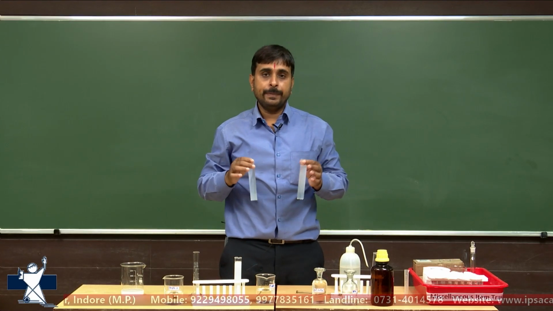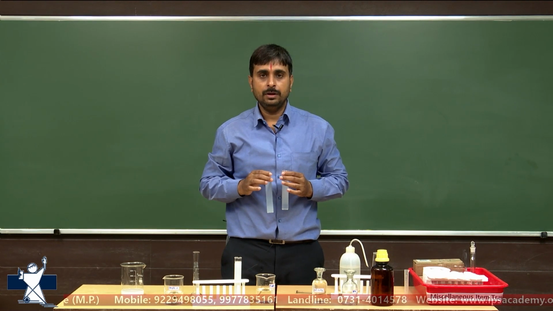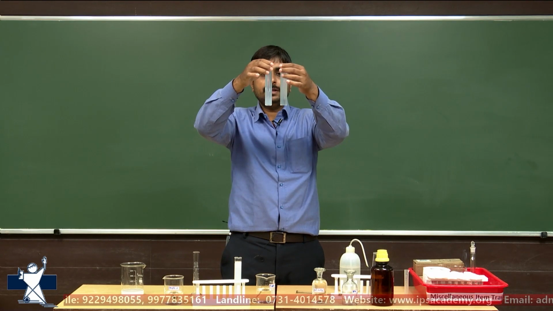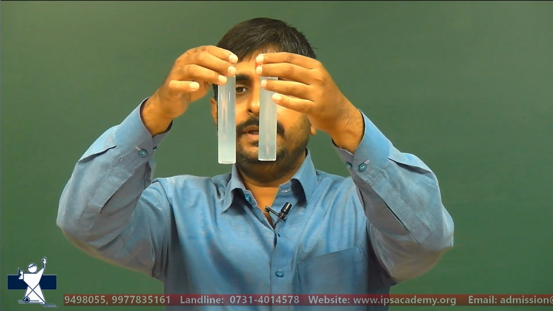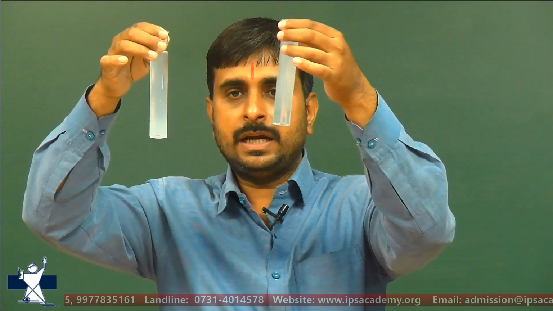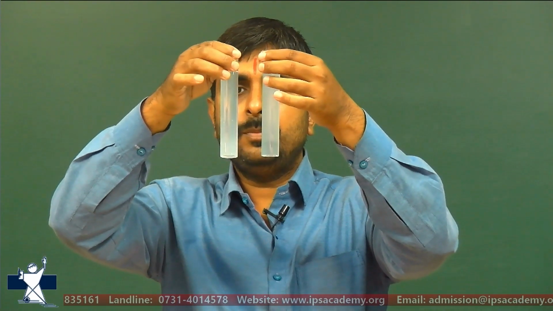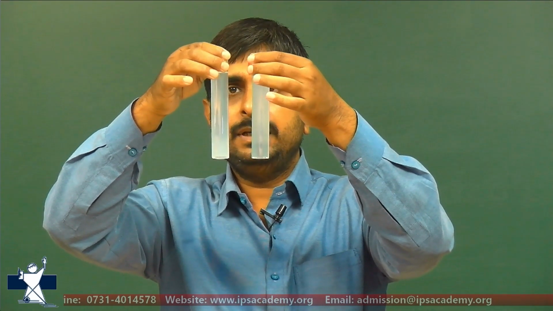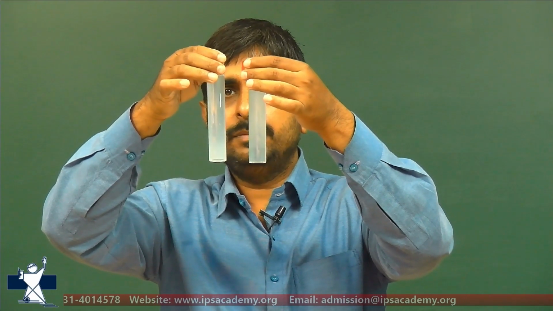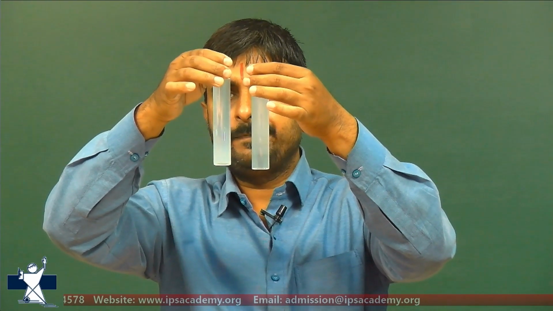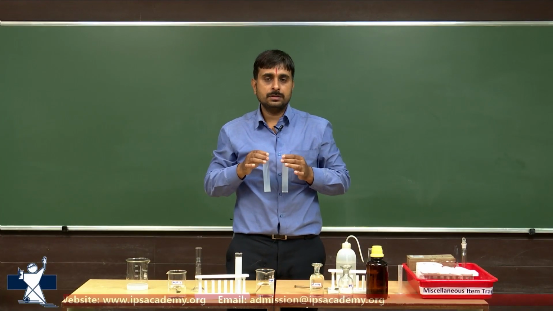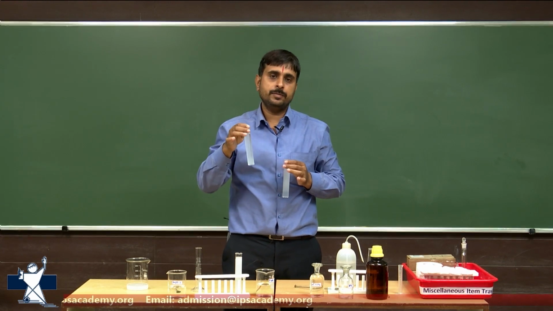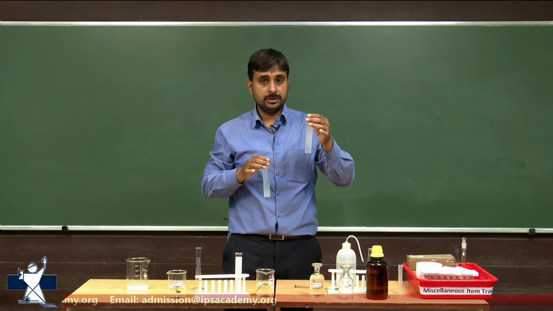Now, we are going to compare the opalescence or turbidity of sample A with the standard one. This is sample A, and this is the standard in my left hand. What we are observing is that the turbidity is nearly the same and there is not much difference, and sample A is much lighter as compared to the standard solution. So, I call this sample A to pass the limit test, as it has less turbidity as compared to the standard solution.